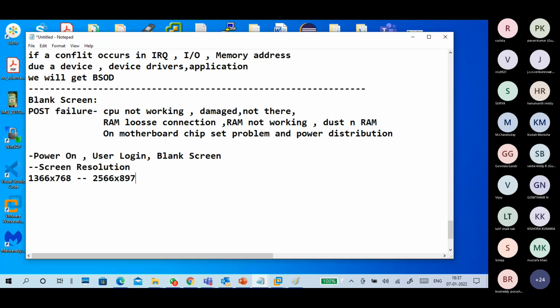So you change the configuration, meaning you change the display settings. Nowadays, new laptops and all solve it automatically, but in the old style, you can get a solution also.